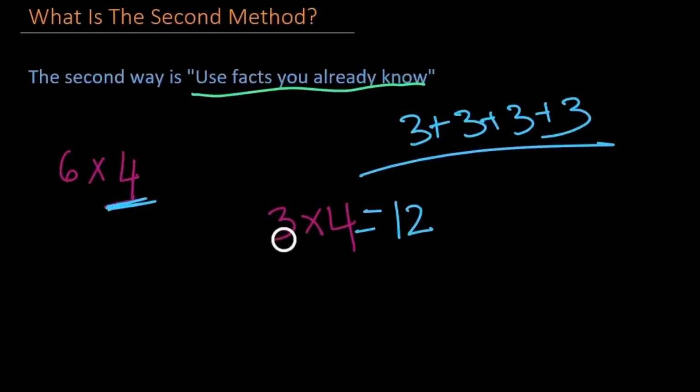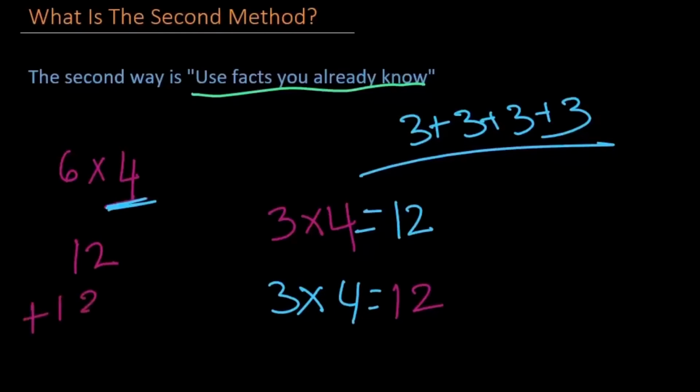And then we do this a second time because we split 6 in half. So that means we have to do it twice. Again, we do 3 times 4. And 3 times 4, as we got over here, is still equal to 12. So now we add 12 plus 12. We add that because we split 6 in half and we got 3, and we did 3 times 4 twice so that we could make up